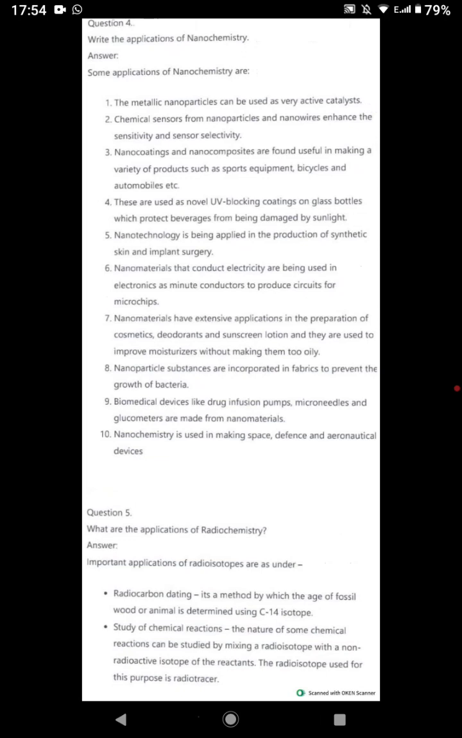Question 4. Write the applications of nanochemistry. Answer. Some applications of nanochemistry are: the metallic nanoparticles can be used as very active catalysts. Chemical sensors from nanoparticles and nanowires enhance the sensitivity and sensor selectivity. Nano coatings and nano composites are found useful in making a variety of products such as sports equipment, bicycles, and automobiles, etc. These are used as novel UV blocking coatings on glass bottles which protect beverages from being damaged